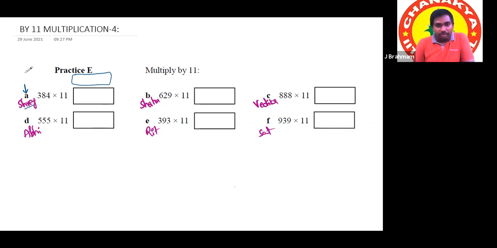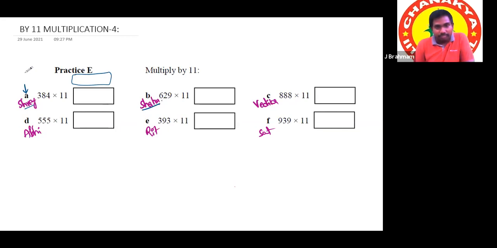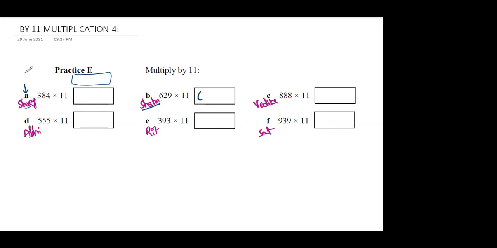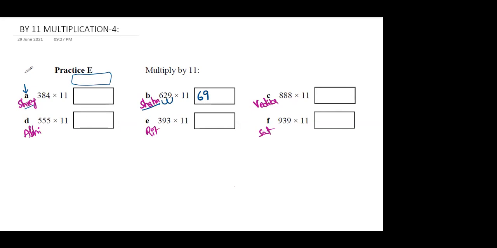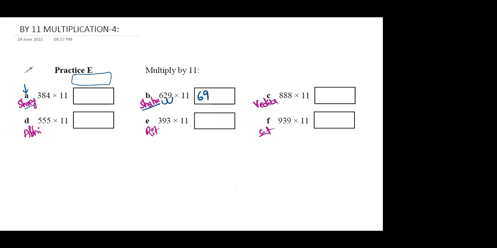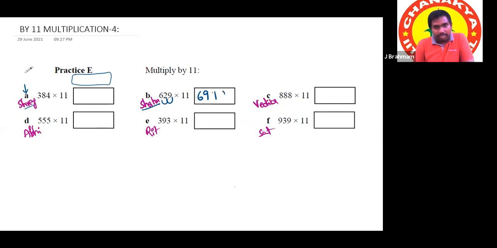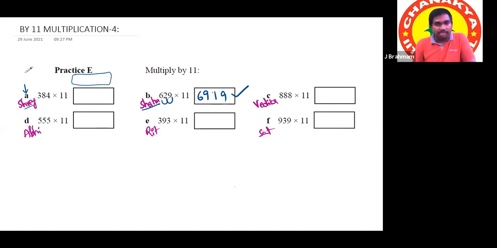Okay, Shreyasi. Meanwhile, we'll do the remaining questions. Shahu. Yes, sir. Sir, I will tell directly. Okay, tell. So 6 we will write in the starting. Then 6 plus 2 it is 8. But the next one is carry, so we will write 9. And 9 plus 2 it is 11. We will write 1. From there onwards, it is better to take only the end number, right? Yes, sir. So 9 plus 2 it is 11. We'll write 1. And then 9 as it is. Very good. Correct. In a single step, we got the answer, even though the carries are there.